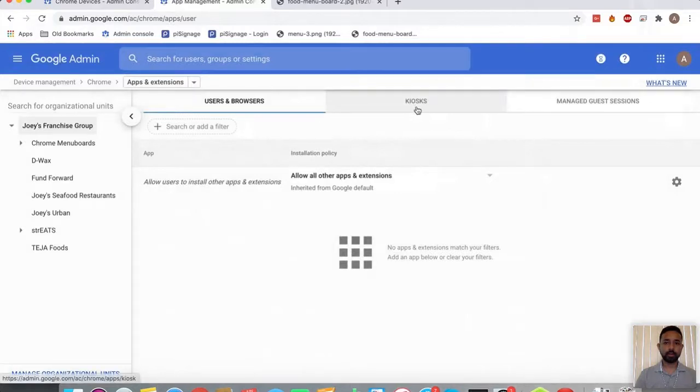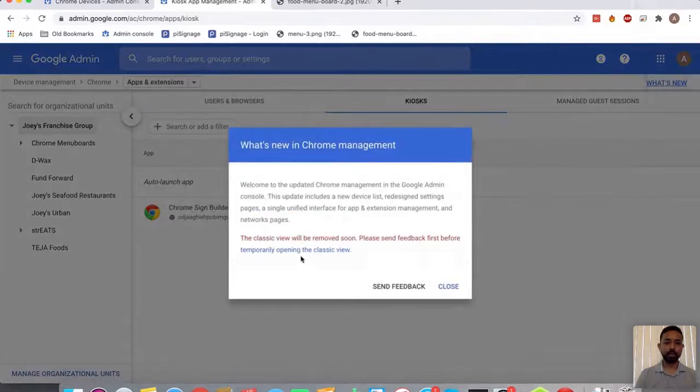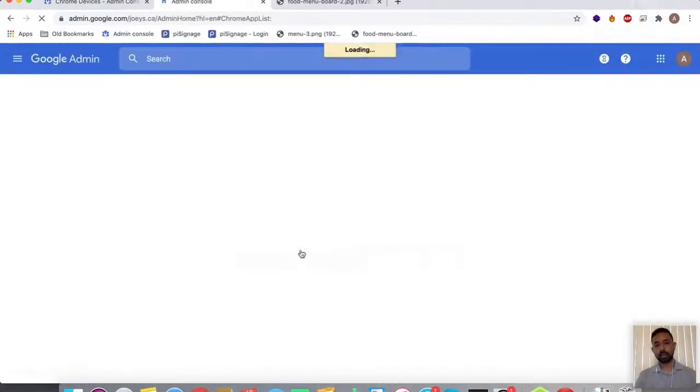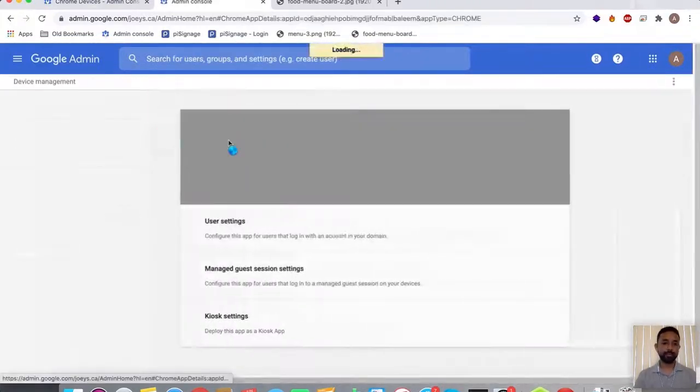Here, under kiosks, it's already recognizing the Chrome Sign Builder. As I said, I already configured it. I'm not going to explain everything. It's a huge list of settings. If you want, I can help you out to set it up.